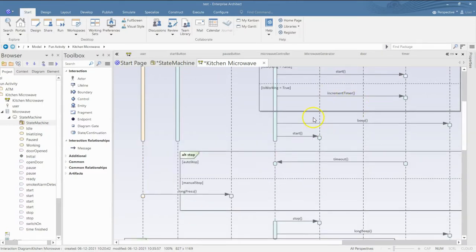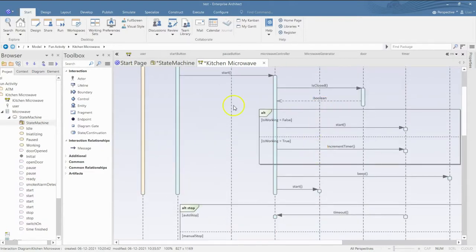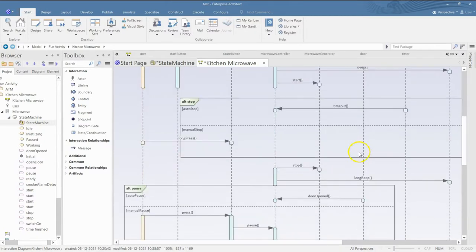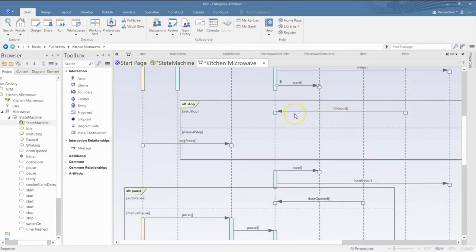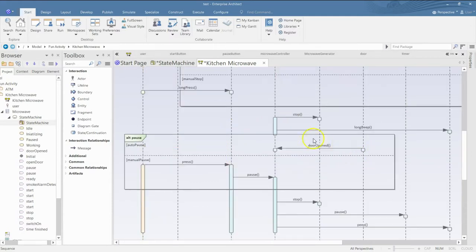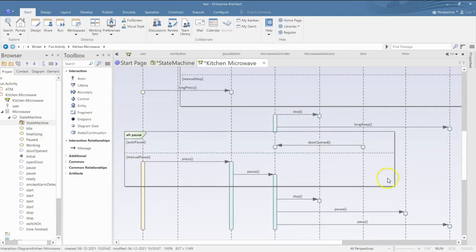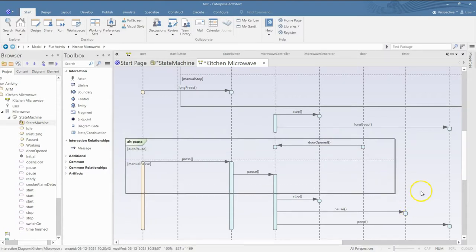Okay, so now the microwave is running. While running, if I press the start button again, is working equal to true, so increment timer. At some point in time, the timeout will occur, or he will do a long press, in either case stop, the generator will be asked to stop the generation.